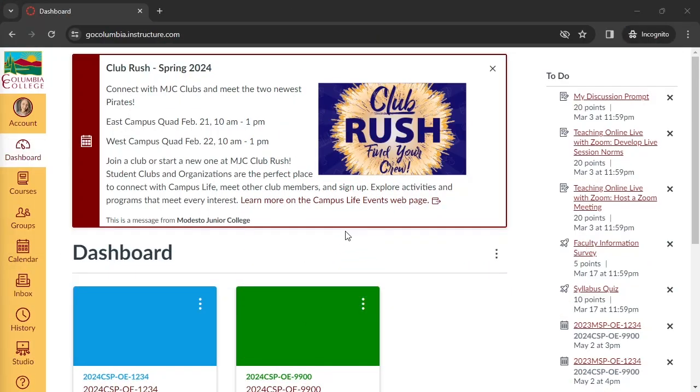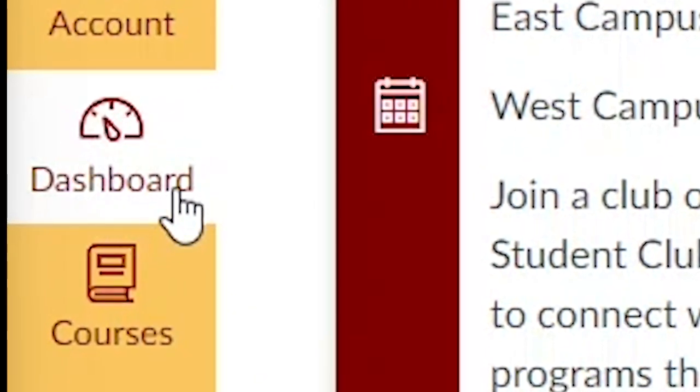Once you've signed into your Canvas account, you'll find yourself on the dashboard, which is sort of like the home page of Canvas. Before we look at the dashboard though, on the left-hand side of the screen, you'll see a vertical menu with a few icons, which is called the Global Navigation menu. They call it global because no matter where you go on Canvas, you'll be able to see this same menu. We can tell that we're on the dashboard because the dashboard icon on the Global Navigation menu is selected and